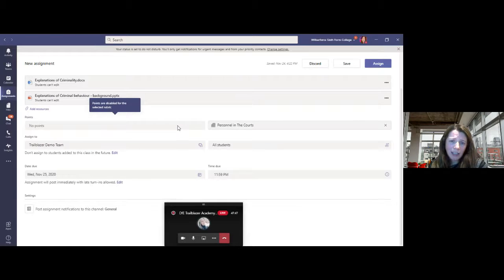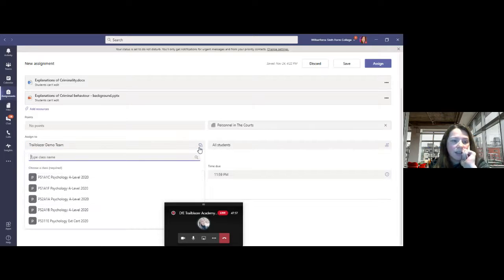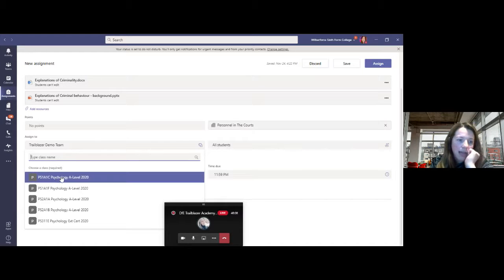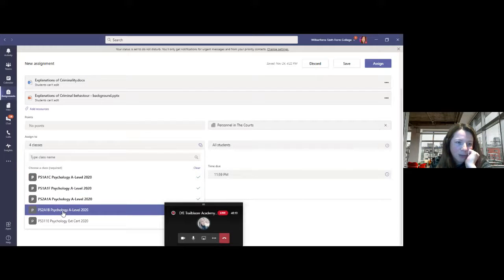Try and look at ways I can include that in my marking and feedback. Right, then you can decide who you're assigning it to. Now, this is the one thing that I've learned today. I didn't realise until today that if you click on this now, you can assign to multiple classes at once. So I was doing what Lois was suggesting earlier of using an existing assignment and setting it to multiple classes. But now you can set to as many groups as you want.